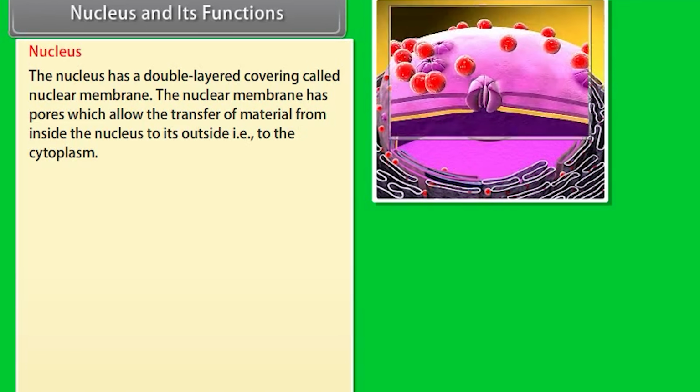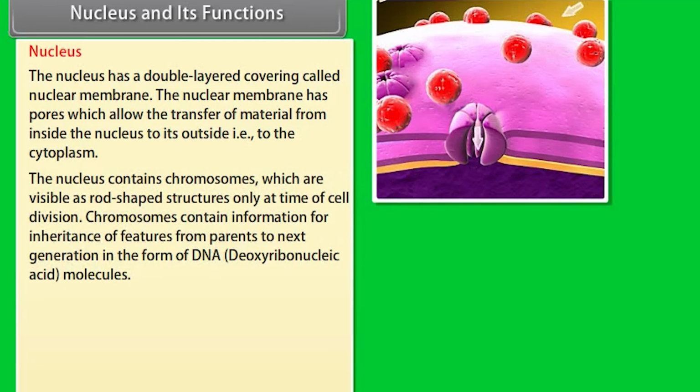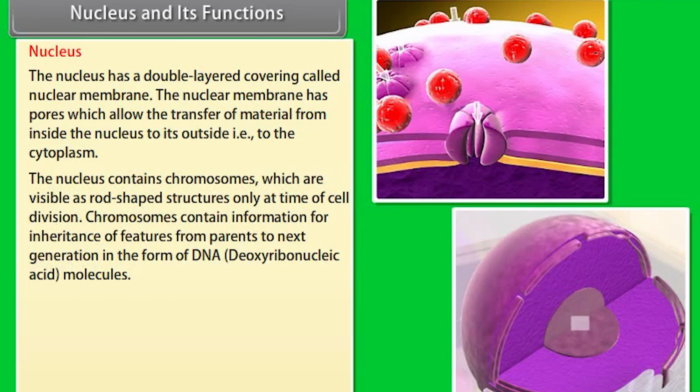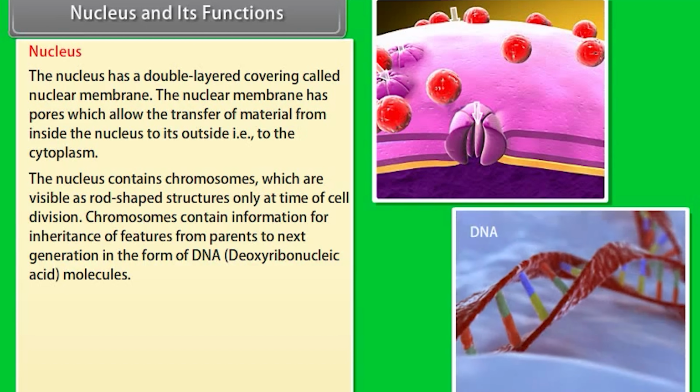Nucleus and its functions. Nucleus. The nucleus has a double-layered covering called nuclear membrane. The nuclear membrane has pores which allow the transfer of material from inside the nucleus to its outside, that is, to the cytoplasm. The nucleus contains chromosomes, which are visible as rod-shaped structures only at time of cell division. Chromosomes contain information for inheritance of features from parents to the next generation in the form of DNA, deoxyribonucleic acid